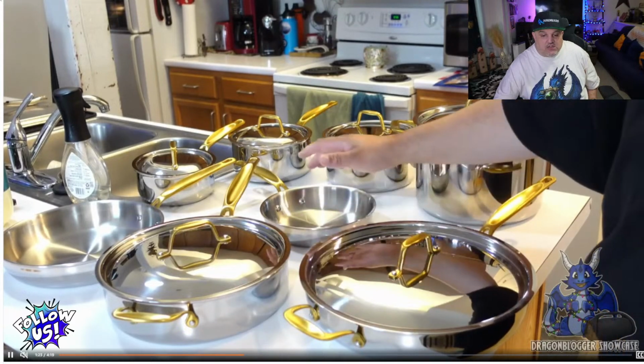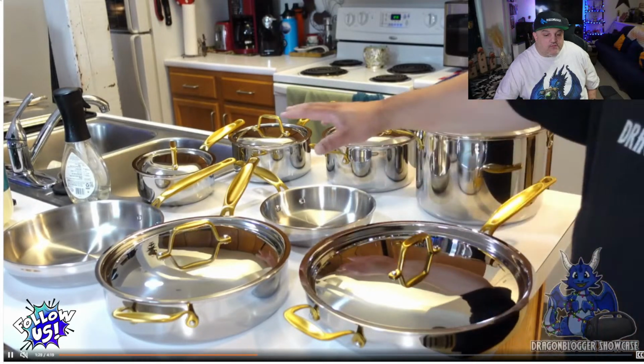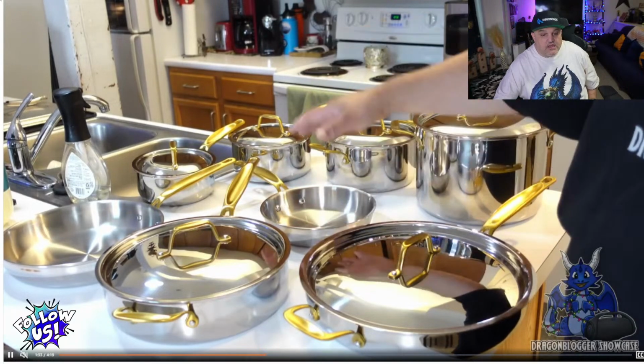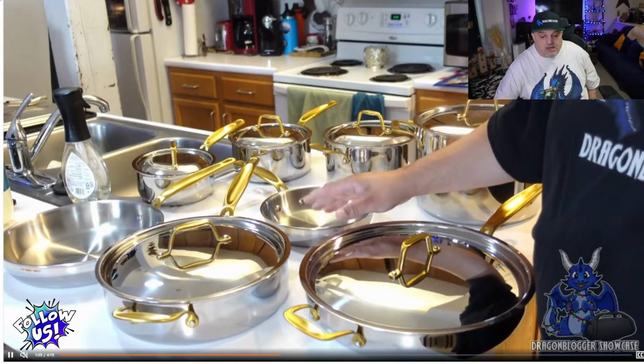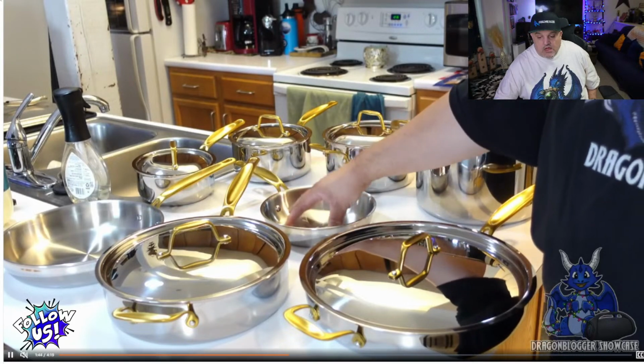It can work on gas stoves, induction stoves, ovens, glass, electric, grill, and campfire. Safe up to about 450 degrees Fahrenheit or 230 Celsius. It actually has an easy pour edge, and measuring lines built into the saucepan. You're going to have the multi-piece set, which is great. It's going to come with,